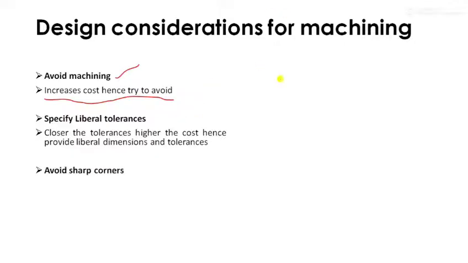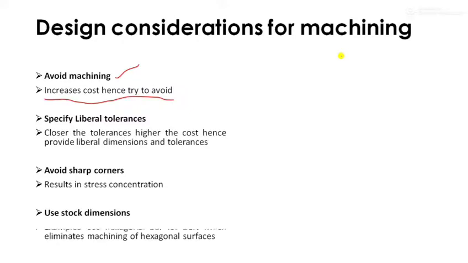Third is avoid sharp corners because they will result in stress concentration. I have already explained this for the casting process, that you have to avoid the sharp corners, right? And normally we round all the external corners, because if you are not rounding the external corners, it will create a brittle chilled edge formation. This means the edges will become very brittle and they will break at the edges, and it will create a stress concentration.